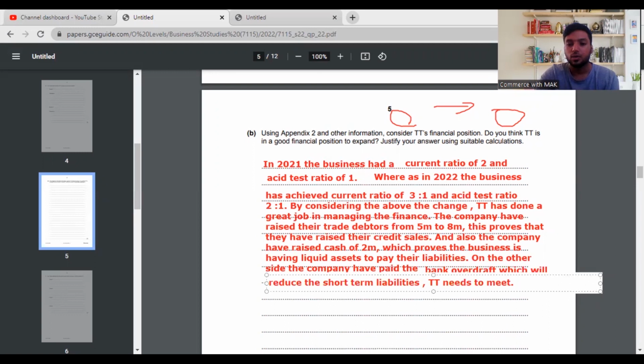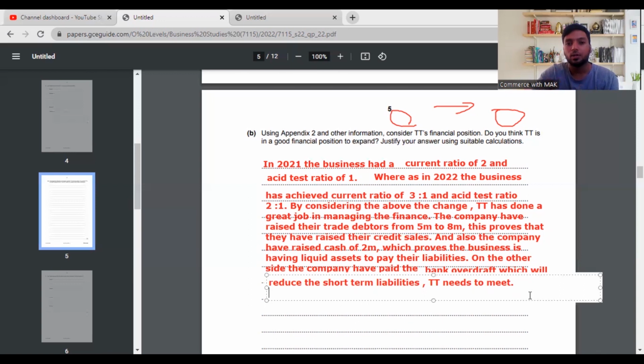Okay. So now we are going to speak about the investments of the ordinary share capital, and also we're going to speak about the long-term loan. So investors have put from 40 million to 50 million, so they have raised investment. So this will reduce the level of dividends in the long term. They might lose profits, and on the other side, you should be very concerned about the bank loan